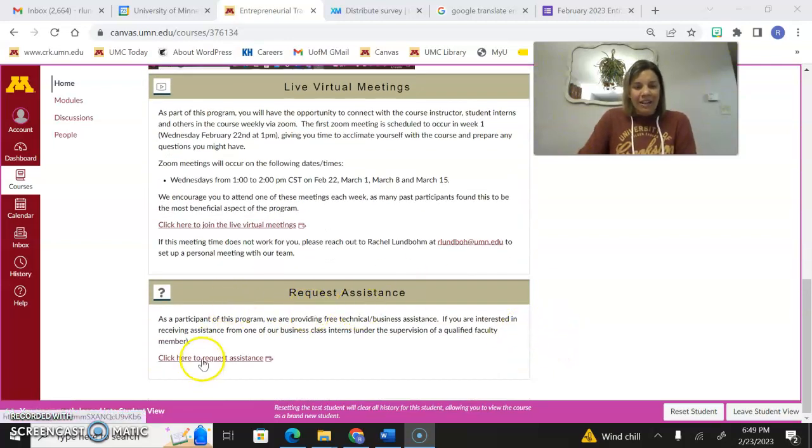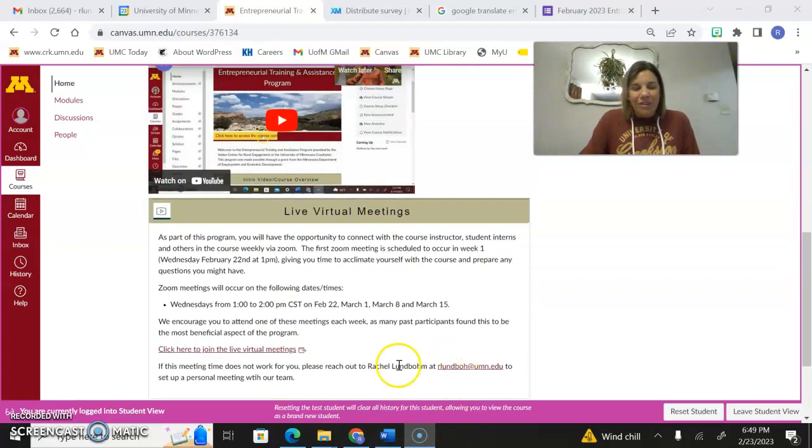We also have a link here if you have a specific project you'd like assistance with. We have student interns who can help with that. Obviously, we'll be overseeing them as well. Some of the projects people have requested in the past is help putting together some social media campaigns, help with their website. Maybe they just have some basic research that you need help with. We're really great at that at the university. So please, we encourage you to use the assistance offered through this program. That is one of the most valuable things that we offer through this.